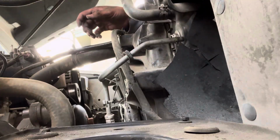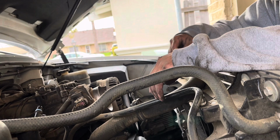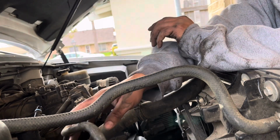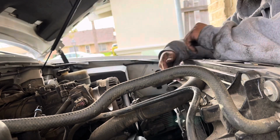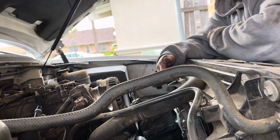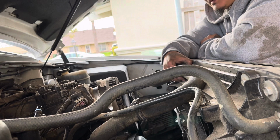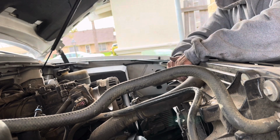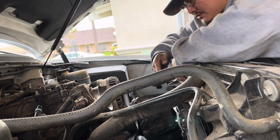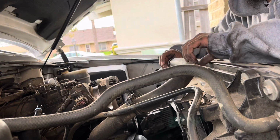There you go. Now what we're gonna be doing is removing these hoses. I already disconnected this one here, and there's a clip underneath here with that trim clip tool, or a flathead screwdriver. We'll be releasing this clip here. See if I can pull it up, or tugging it like that